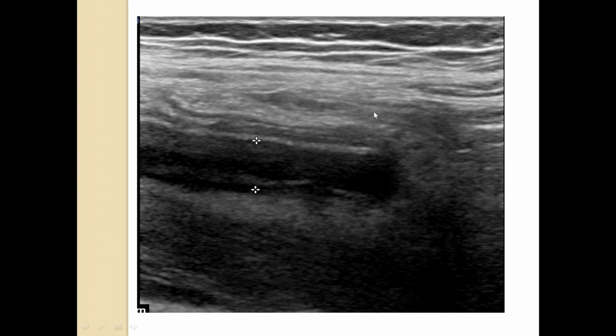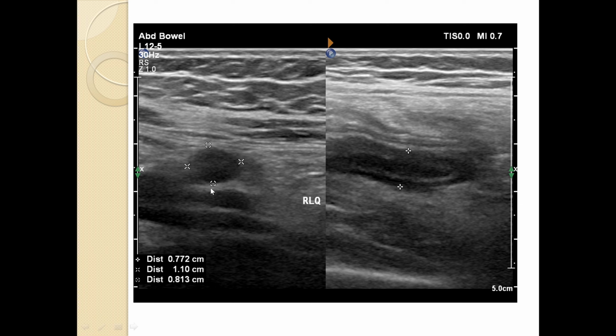This is a right lower quadrant ultrasound image where we see a dilated tubular non-compressible structure which was measuring around 8 millimeter. These are additional images. This is a transverse image and this is a longitudinal image. On transverse image, again we see a hypoechoic to anechoic tubular structure, which is better appreciated on longitudinal image, again measuring around 8 millimeter with thickened walls and echogenic surrounding mesentery, but there was no loculated fluid collection.